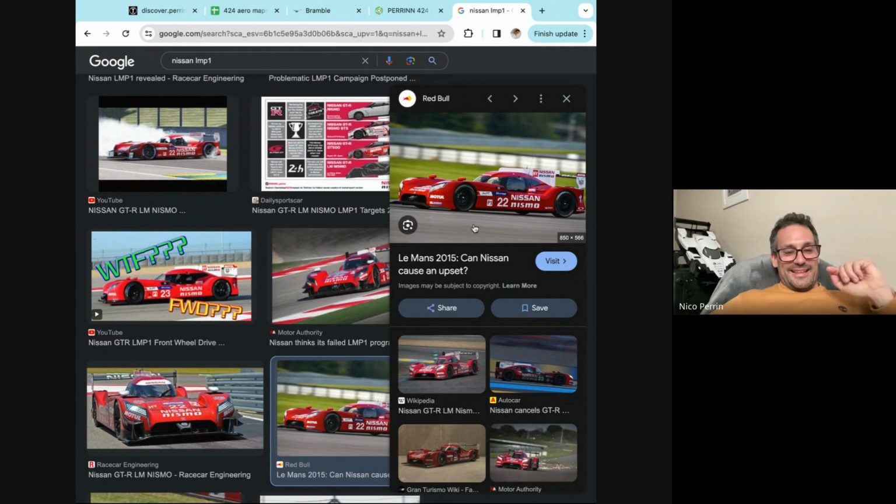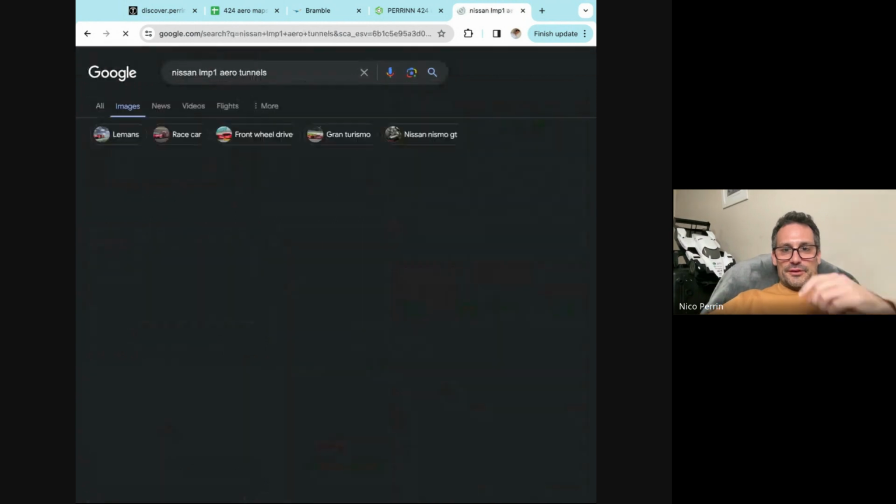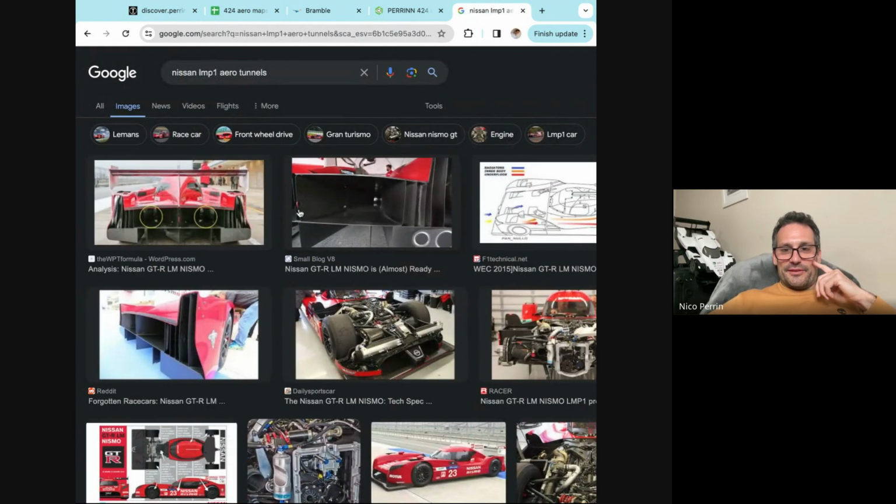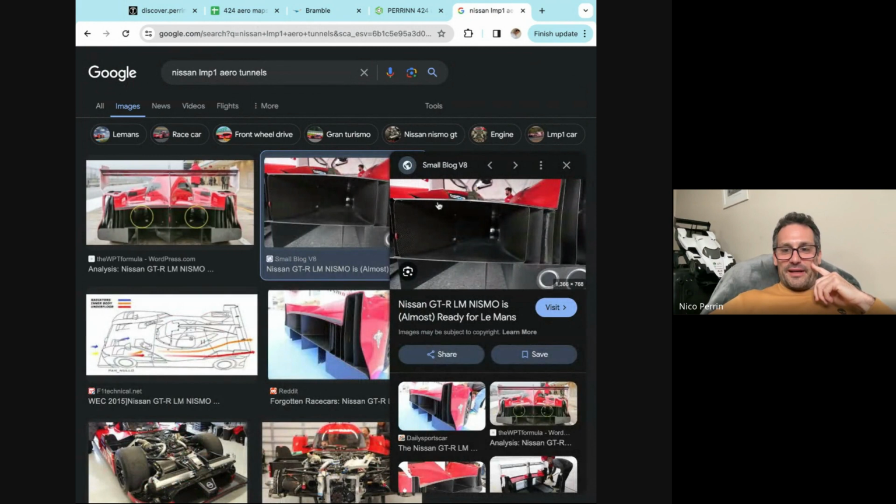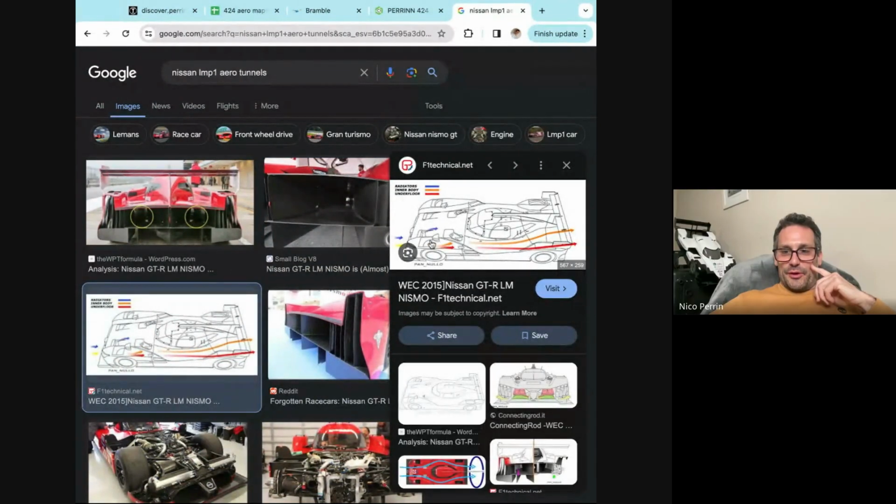Yeah. And I know the principle. It came out of a concept that didn't know there was going to be suspension in the car. So the tunnels were sealed all the way to the back of the car. Let me try and show you the aerodynamic tunnels themselves. Here you go. We can see them. That's at the back. So that tunnel here, you can even see through the front. You can see some light at the end. I remember. Yeah. You can even see how it's meant to work with these